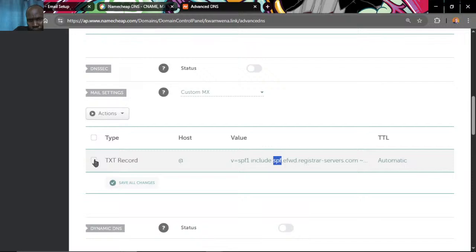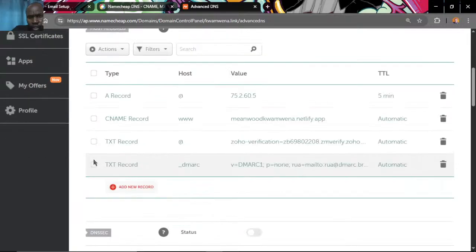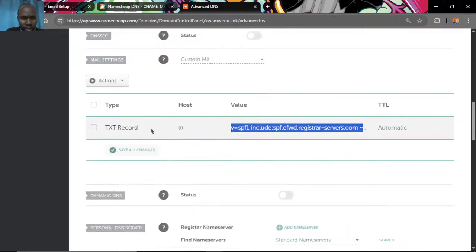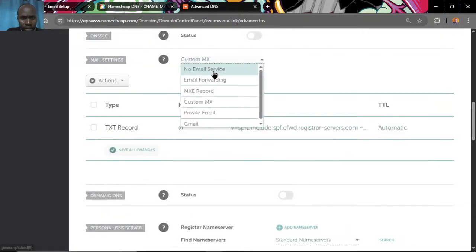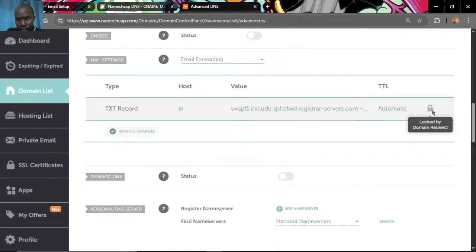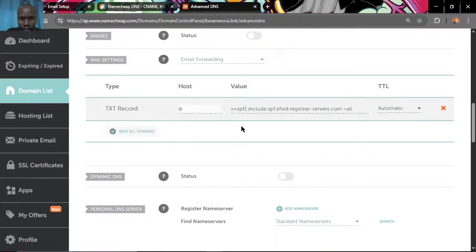What the? Right, something weird is happening here. I don't know exactly how to fix this, but email forwarding. So yes, I want to edit a blocked record,